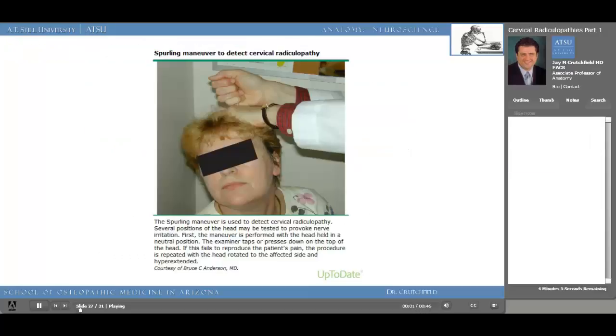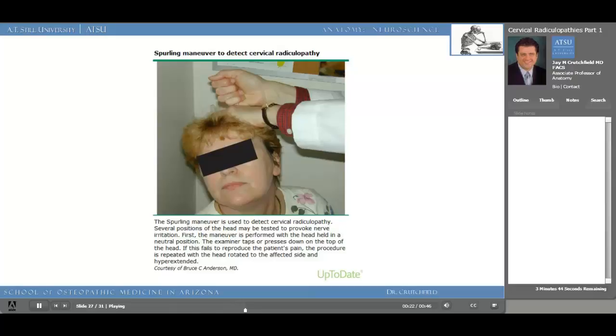Here we see the physician trying to detect a cervical radiculopathy. Several positions of the head may be tested in order to provoke this nerve irritation. The maneuver is first performed with the head held in a neutral position. The examiner then can press down or tap on the top of the head,